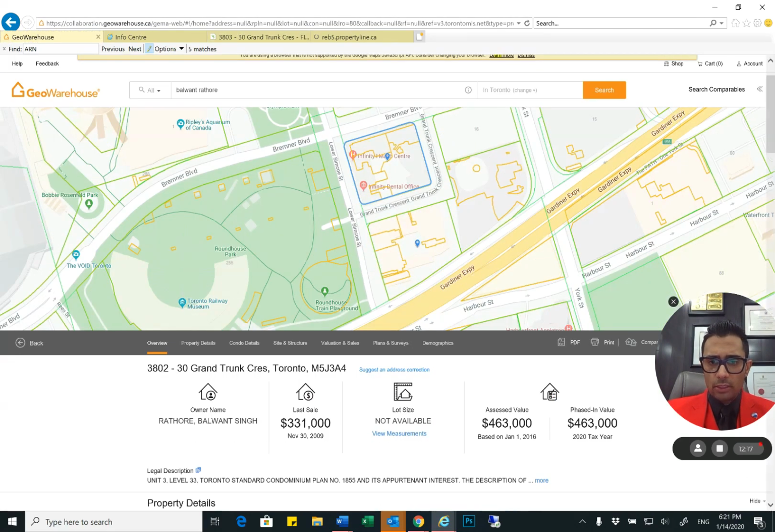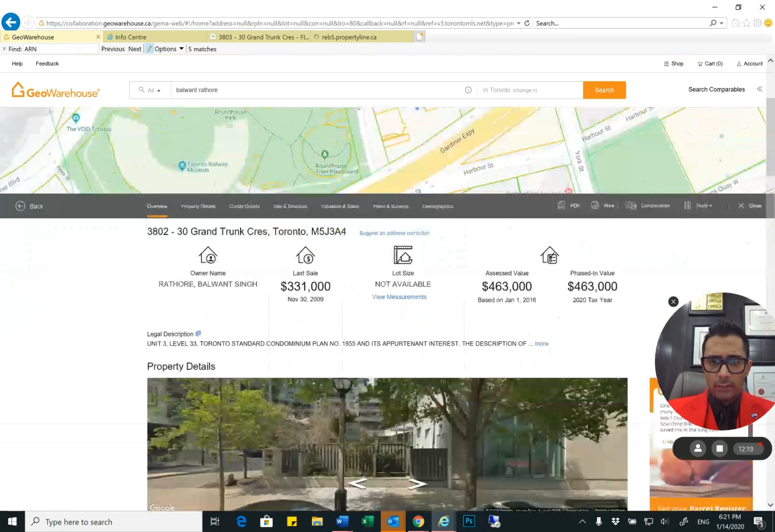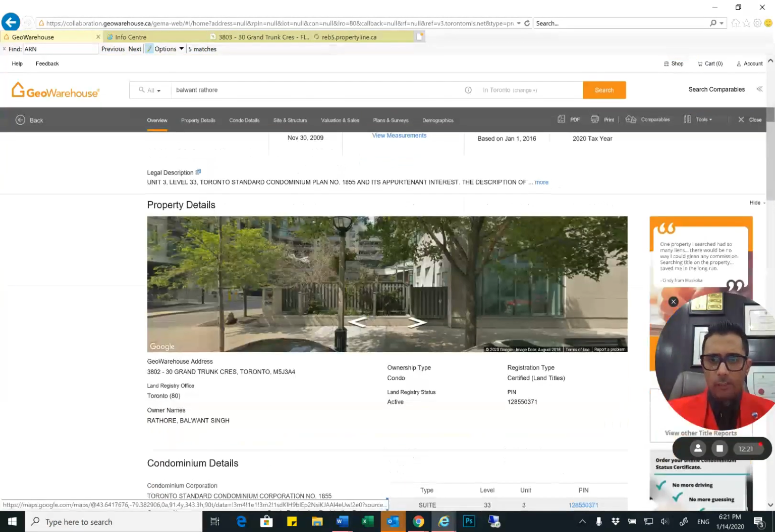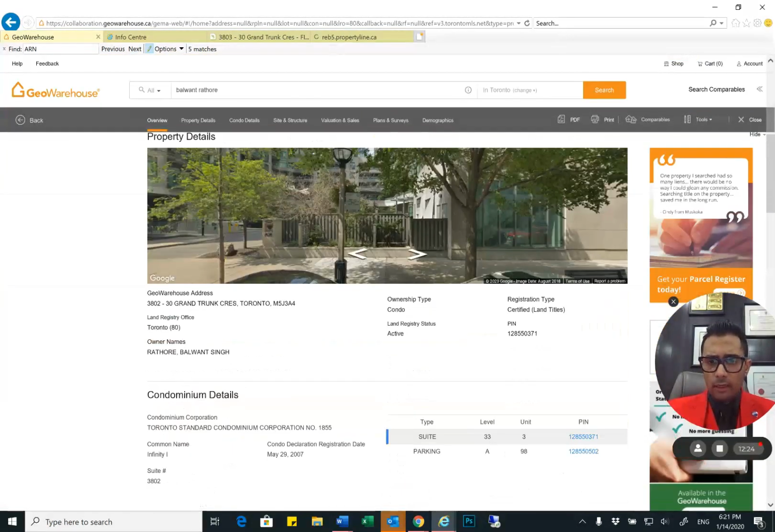Okay, and you want to make sure that when you're dealing with a condo, for example, you're going to have multiple pins, one for parking, one for locker, and you want to make sure that the suite pin is the one that you're associating. Some lawyers make mistakes when they're allocating this on the registry, so always look at the level in the unit. Level 33, you're not going to find a parking on the 33rd floor, so this is